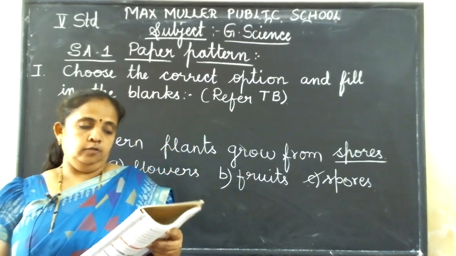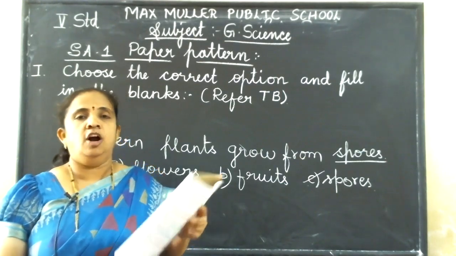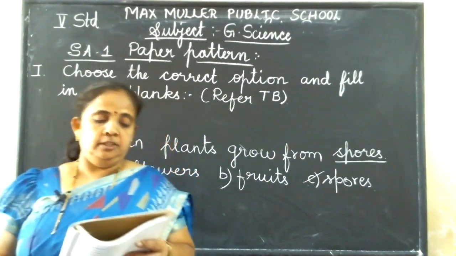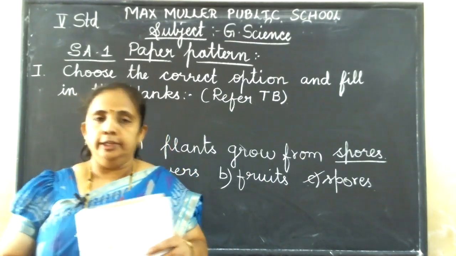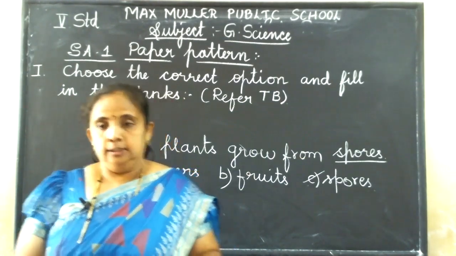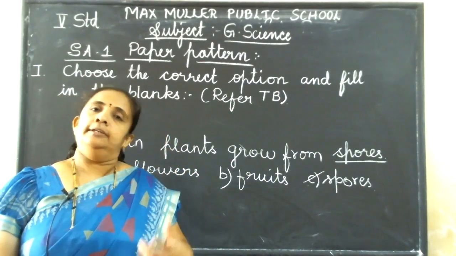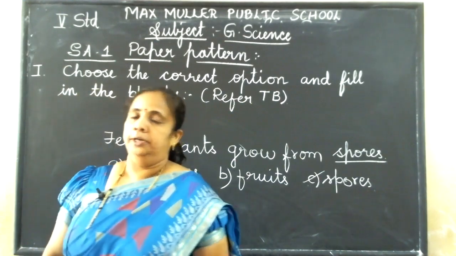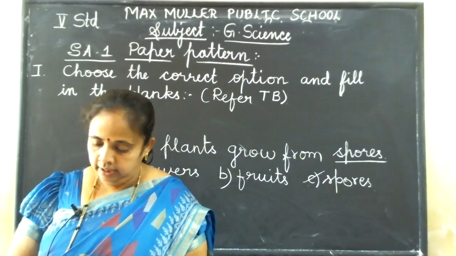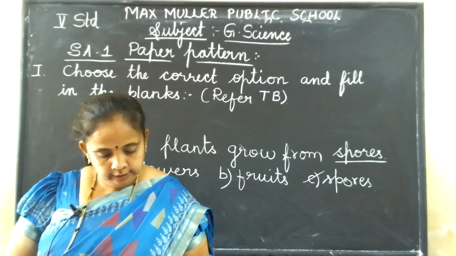Knee. Then fourth, the last two pairs of ribs in the rib cage are called: options A. Sleeping ribs, B. Flying ribs, C. Swimming ribs, D. Floating ribs. Since they are attached to the backbone at the back, but in the front they are not attached to the chest bone, it is left free. That is why it is called floating ribs. Okay? Yes. Next, from the fourth lesson, page 36.